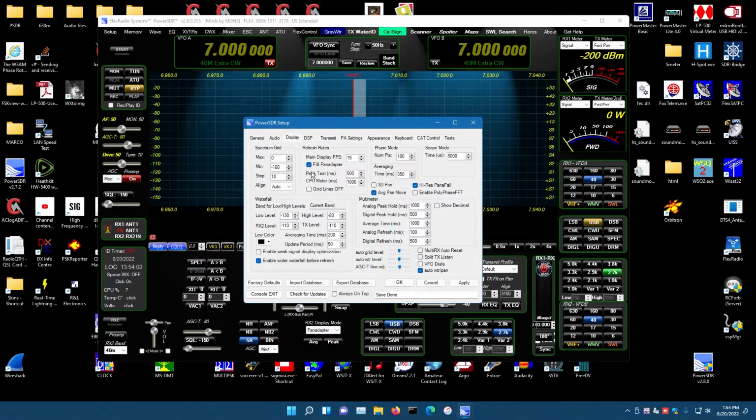for the display, if you hold your mouse over, you'll usually get tooltips, so you can see this tooltip lighted up. So I normally leave this at -19. The step, I normally keep it at 6 because every S unit is 6 dB. And